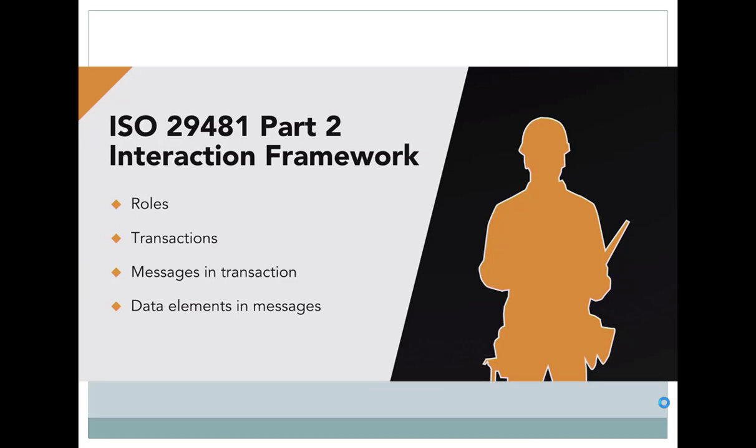The ISO 29481 Part 2 specifies the interaction framework, a formal description of the elements of interaction, including the definition of roles, transactions, messages in transactions, and data elements in messages.